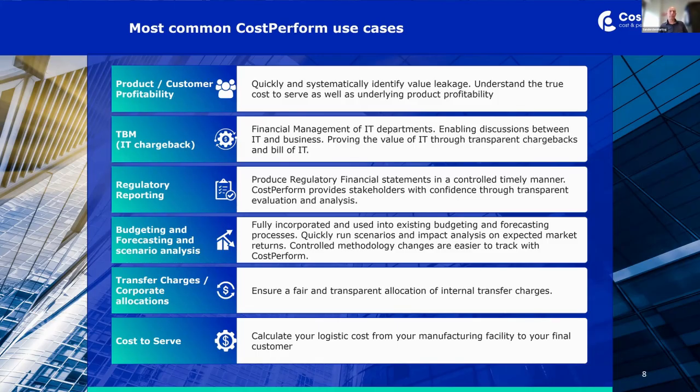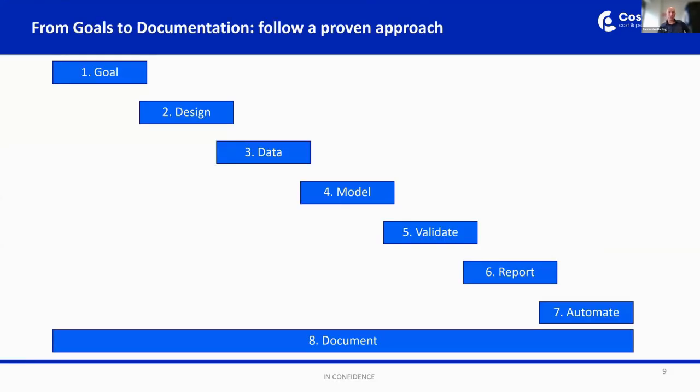From that client base, let's go a little bit forward to how we would approach a project to get a good cost price based model. Well, I've talked about this a little bit last year, and I said, please define it in 8 steps. Define your goal, get a great design, gather your data, then model it. And once you have modeled it, you get outcomes. Please validate that, because 9 out of 10 times you have to go back to the data, or sometimes even the design. Report on it, and try to automate it as much as possible. And throughout all these processes, document.